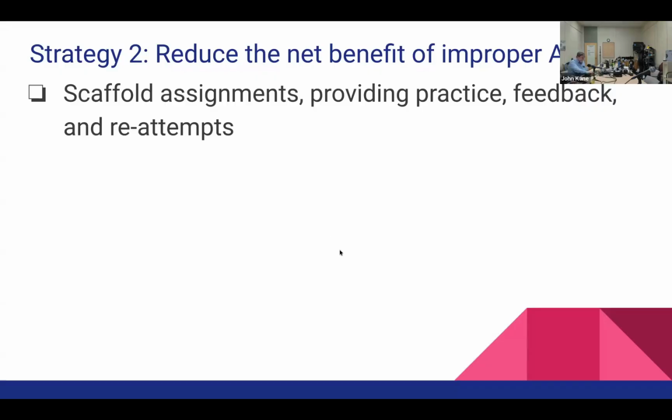So, for example, if you have a major writing project or a major research project, start off by having them submit a proposal and give them some feedback on that based on whether it may be feasible or not, or some suggestions on things they may want to revise or things they may want to consider. And then, if it's a more formal research paper, maybe have them do a bibliography, and then give them some feedback on the articles they've included and the quality of those, the appropriateness, whether they're peer reviewed, et cetera.